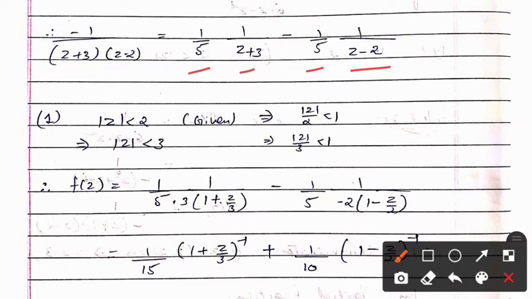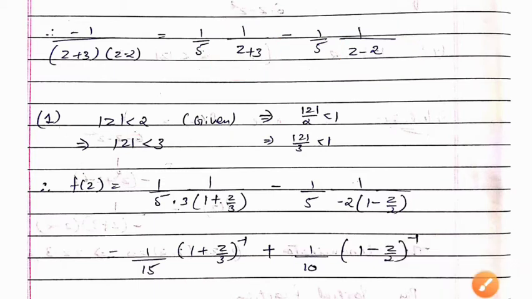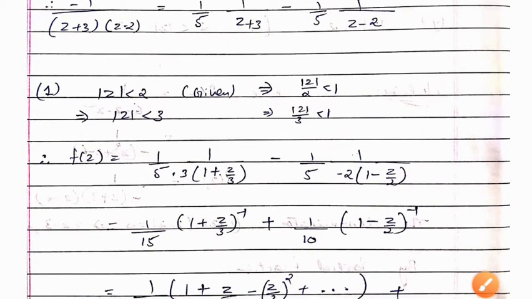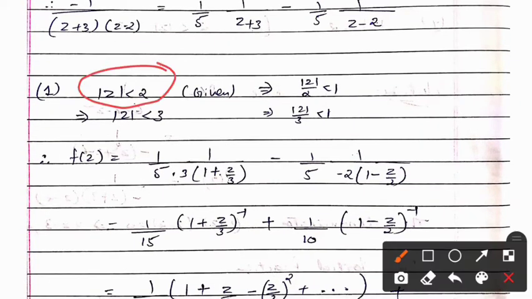Again, you have seen that the singular points are almost the same as the given region. See, now your first region given is mod z less than 2. Mod z less than 2 is given to you, right? Now see, in the denominator what do I have? 2 and 3. So we have to solve for both 2 and 3. As we learned in our previous lectures, I have to convert this given region to less than 1. If I want this less than 1, I have to take this 2 to the denominator of z. So I can write mod z by 2 less than 1.